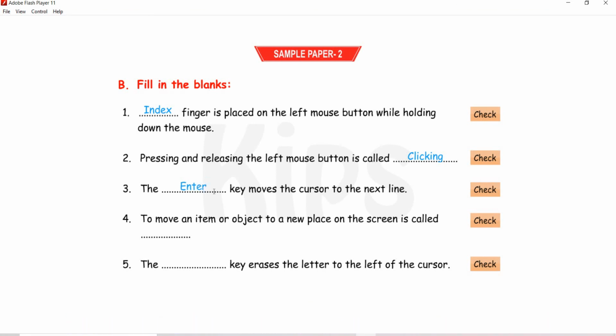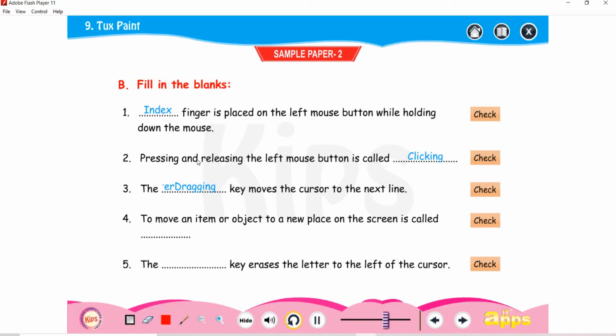Next question, to move an item or object to a new place on the screen is called dragging. Answer is here, dragging.